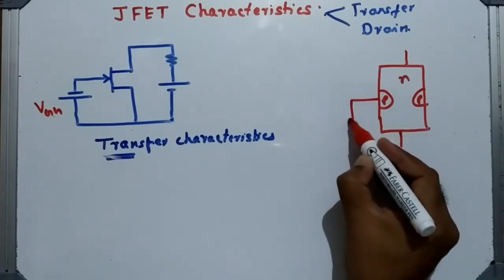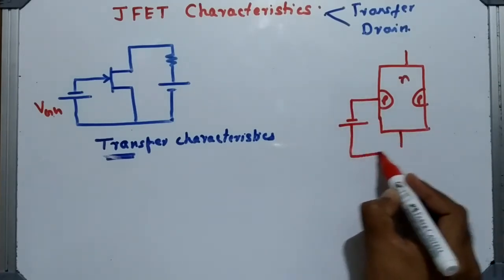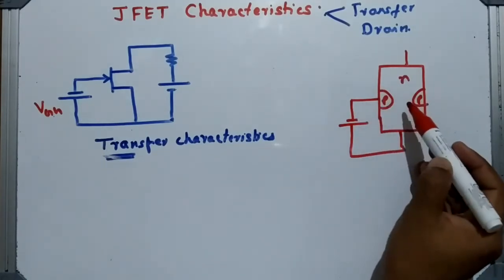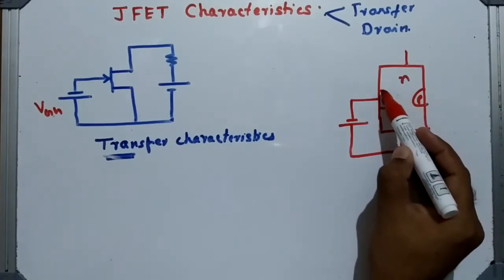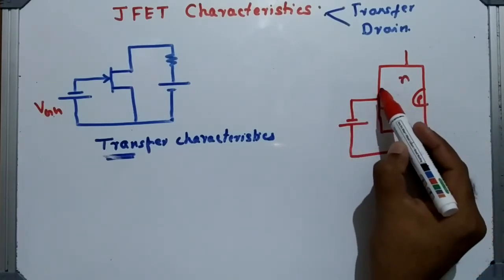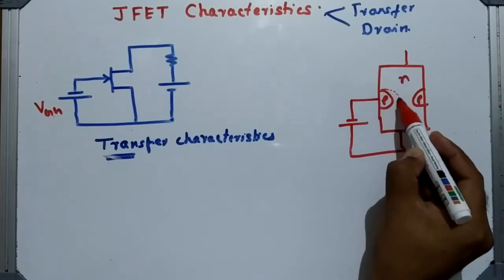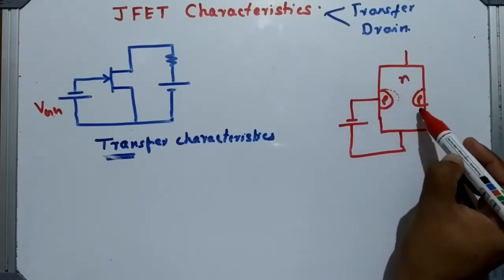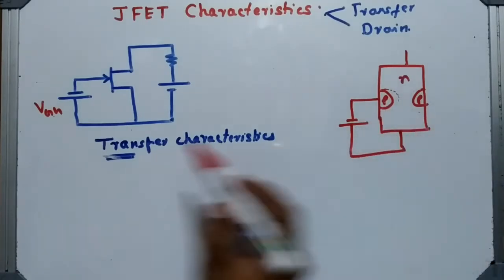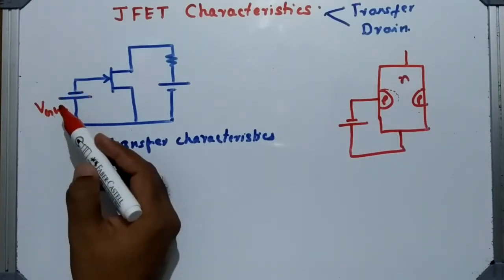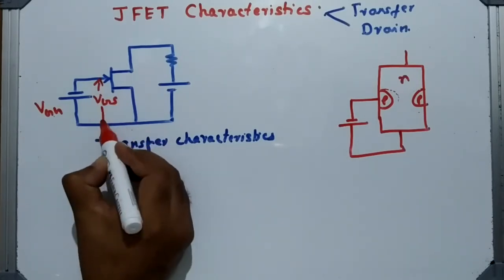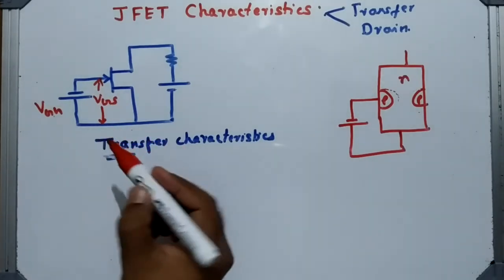And for the proper working of a JFET, either N channel or P channel, we have to reverse bias this. Because if we reverse bias this, we can control the width of the depletion region. See here, this is a PN junction. Now this acts as a diode. When the diode is reverse biased, the width of the depletion region widens here like this. So the width of the depletion region widens when we reverse bias the PN junction. So reverse biasing the PN junction will be done using this VGG. And this voltage is called VGS, gate to source voltage, and that is negative.